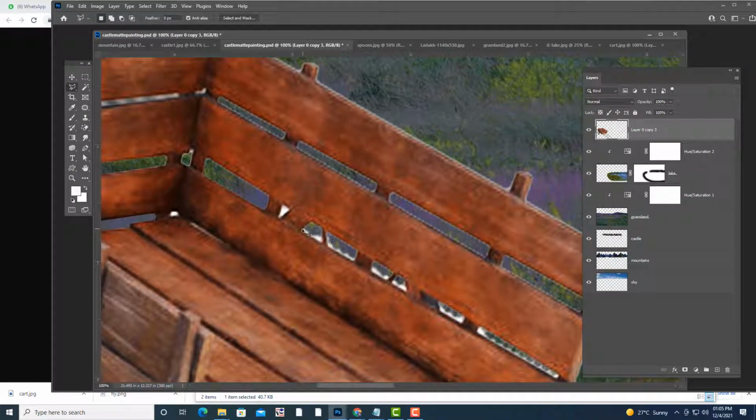We can just simply fix some small places. You can sit and do it carefully.